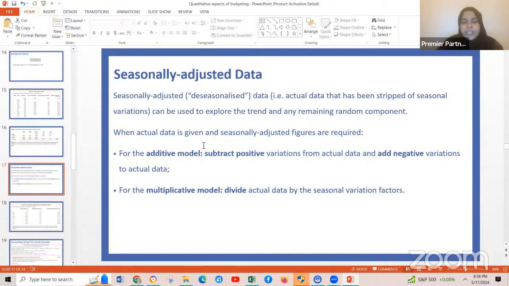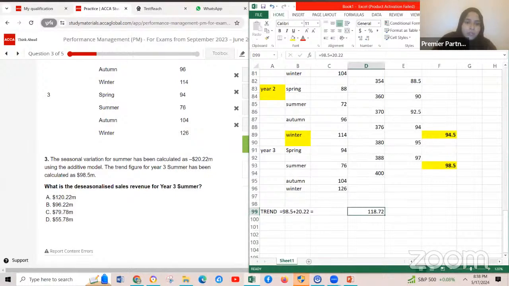Wait, when actual data is given and seasonally adjusted figures are required. So if they have given you the actual and they're asking for seasonally adjusted. Now in this case, they have given you seasonally adjusted and they want you to work towards finding out the deseasonalized, right? So then